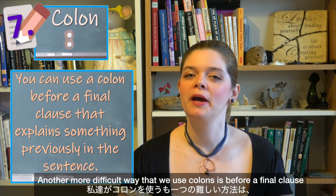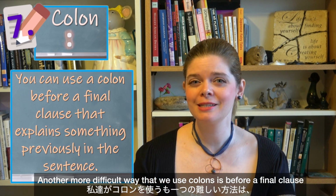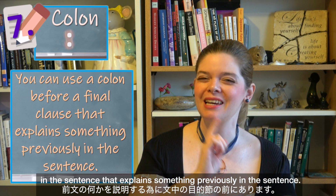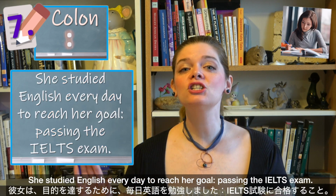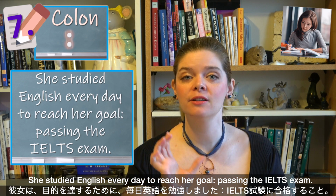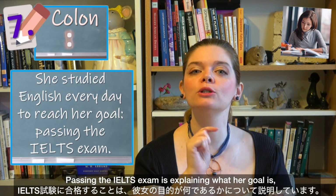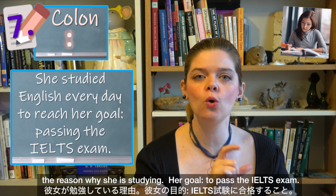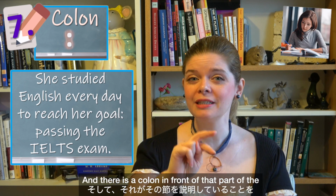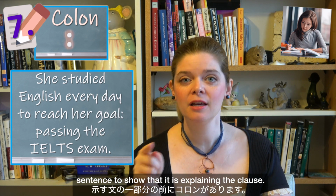Another more difficult way that we use colons is before a final clause in the sentence that explains something previously in the sentence. She studied English every day to reach her goal: passing the IELTS exam. Passing the IELTS exam is explaining what her goal is, the reason why she's studying. Her goal: to pass the IELTS exam. And there is a colon in front of that part of the sentence to show that it is explaining the